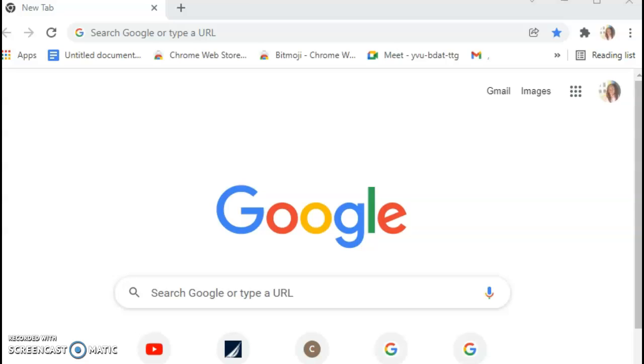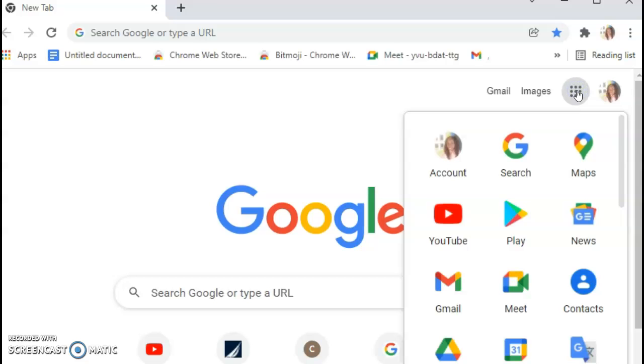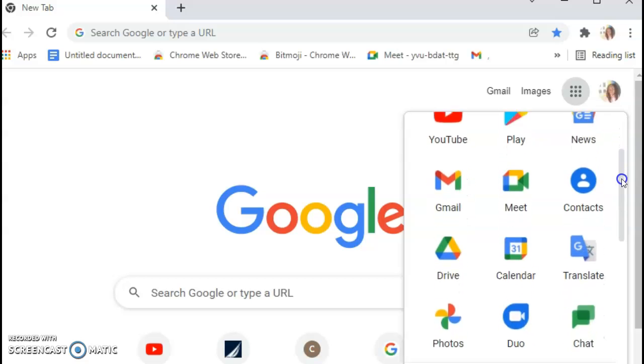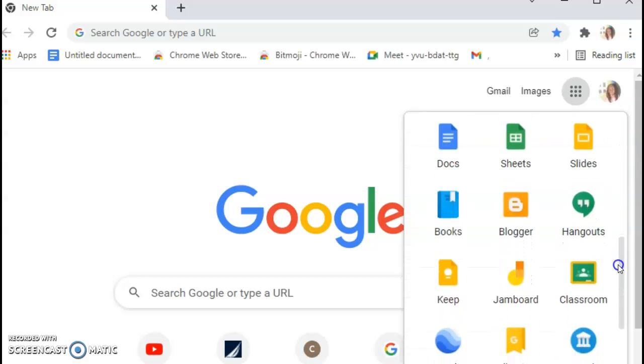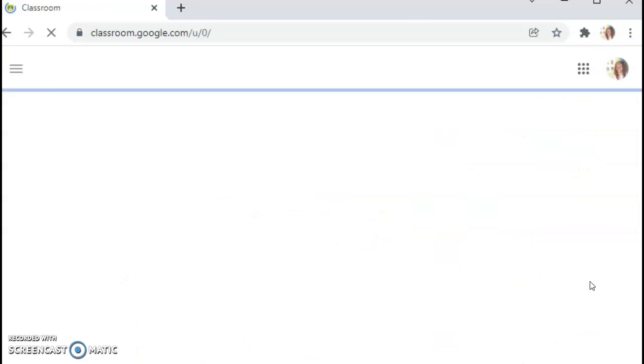Now, once you have opened your Google Chrome, at the top right hand corner, you will see 9 dots. You will click on those 9 dots and then you will search for the classroom icon. Alright, so here it is, classroom. Your next step is to click on that icon